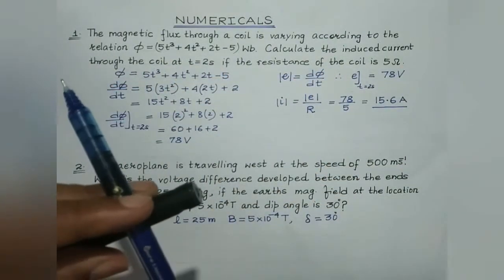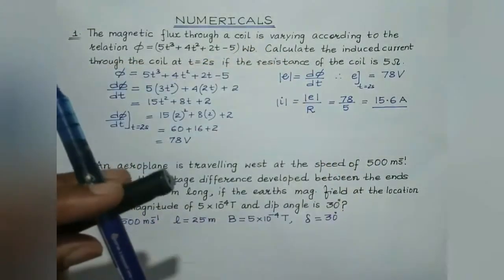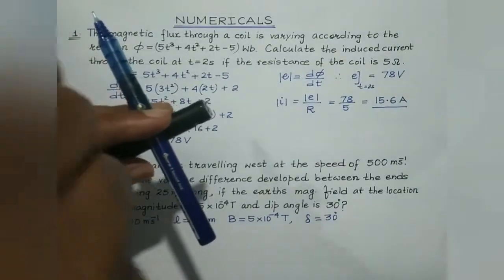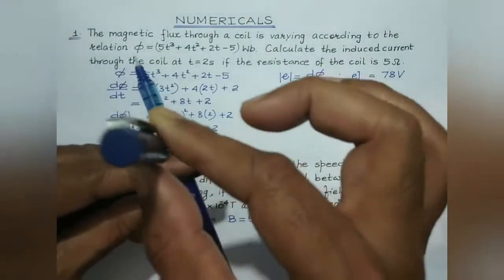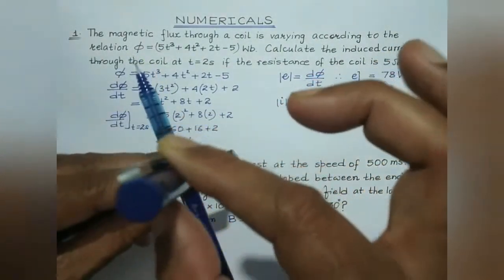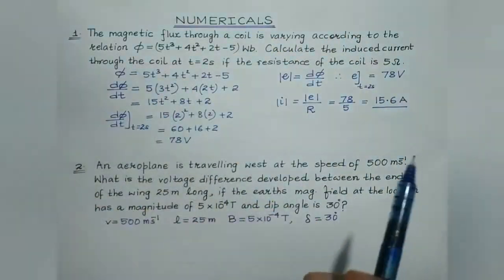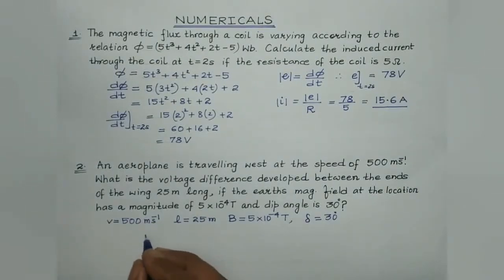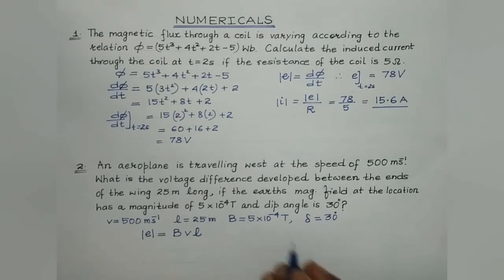Now the magnetic field, in case of motional EMF, the magnetic field is to be perpendicular to this length, right? So the vertical component of the magnetic field is to be considered, which is perpendicular. This is the perpendicular magnetic field. So BV is to be considered, which is perpendicular to the length of the wings, right? So here the motional EMF is given by BVL. Now these two, students, always remember, these two should always be perpendicular to each other.